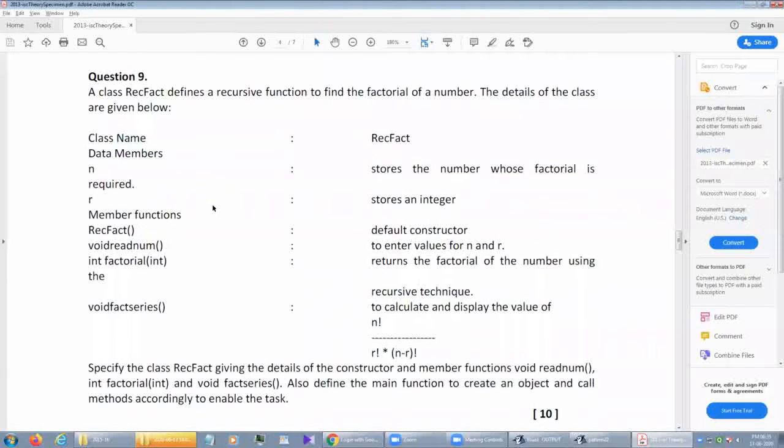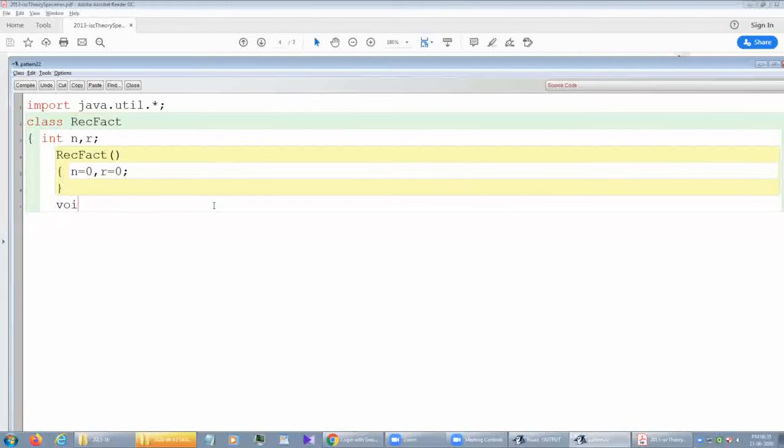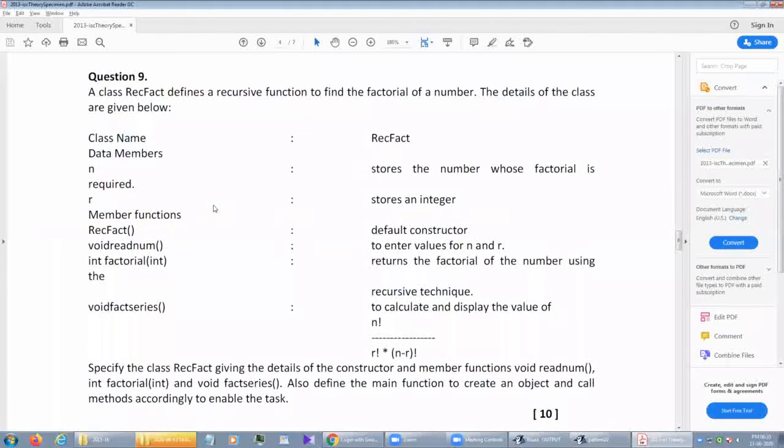Next, the first method, void read num. We have to read according to the question. One important thing: void read num, the method prototype is also written together, but with a gap. Notice that this highlighted method is given no parameter.